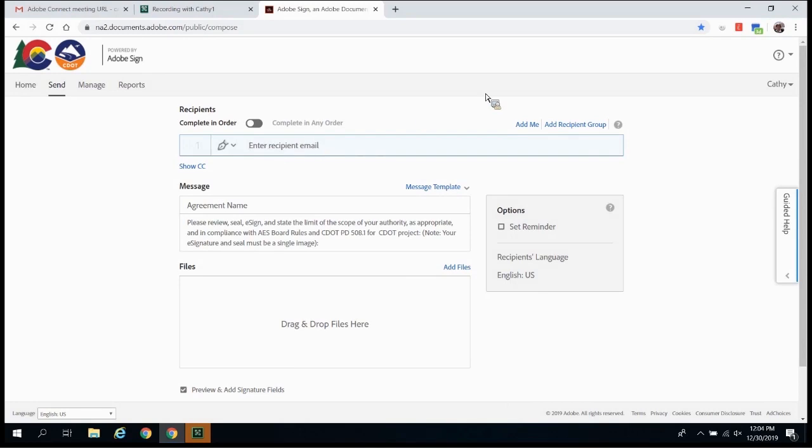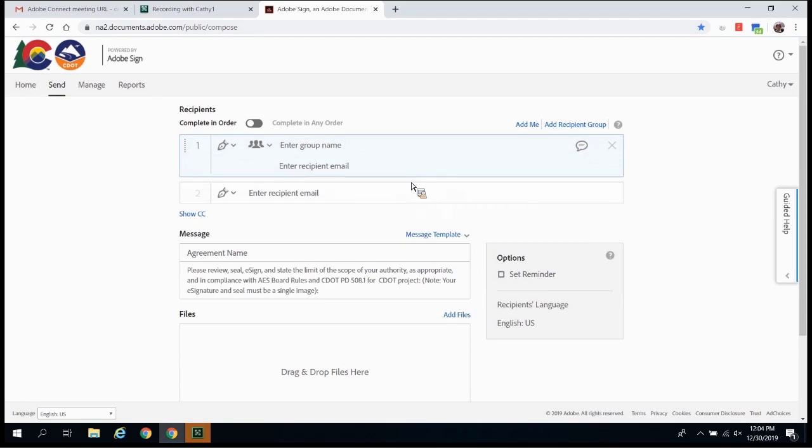You need to use something called a recipient group, and that's located right here. So you click Add Recipient Group. You put in a dummy name. You can say AAA or anything you want to say for your group name, and then you start to enter the email recipients. So the first one would be my name,